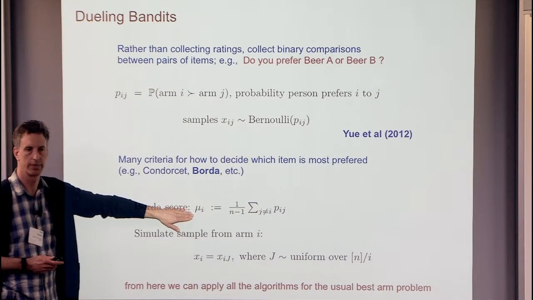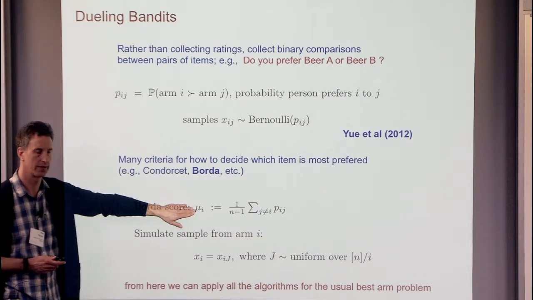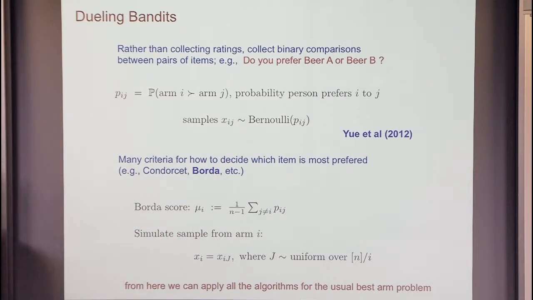And so once you have that Borda reduction of the problem set up, we're back in the situation where we can just work with the mu's. We know how to get samples that on average tend to the mu's. And so all the algorithms that we had before apply. So that LIL stuff and the UCB algorithm, we can just use now. That's one of the nice attractive features of the Borda approach: it simply reduces back to a normal best arm bandit problem.